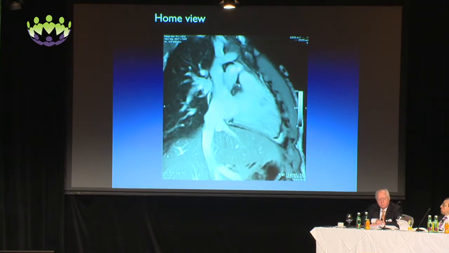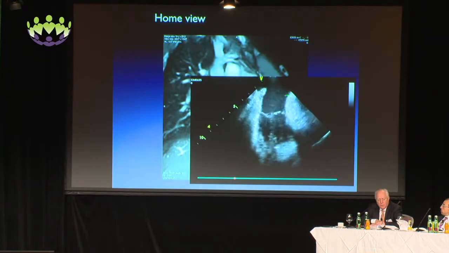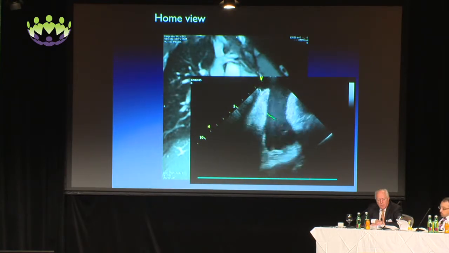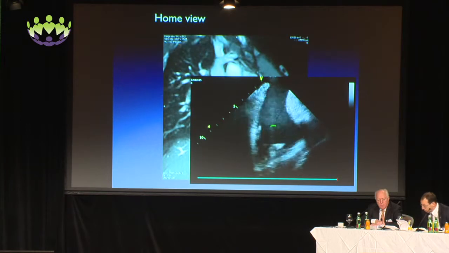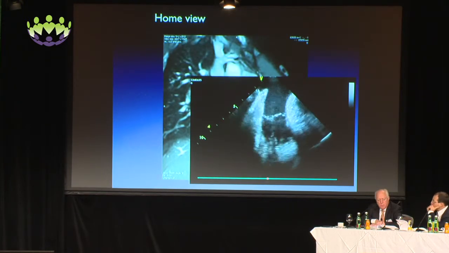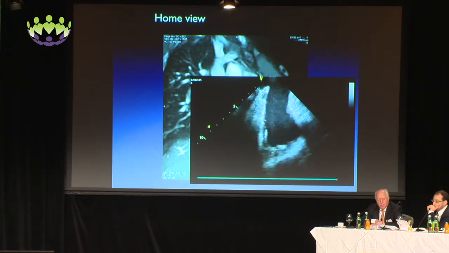Usually we start from this position. We use the MR imaging to clarify the position of the probe. This is the position of the probe. This is the cone of the view of the ICE, and this is the typical home view. We start usually from this projection: right atrium, atrioventricular valve, and right ventricle. If we turn gently clockwise,